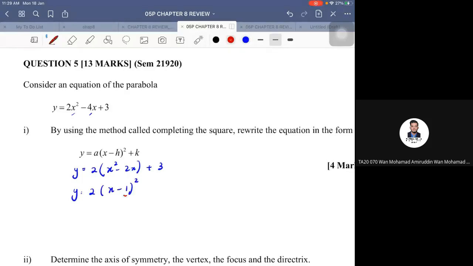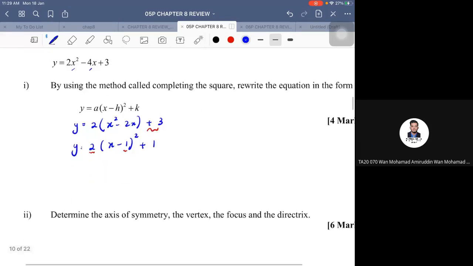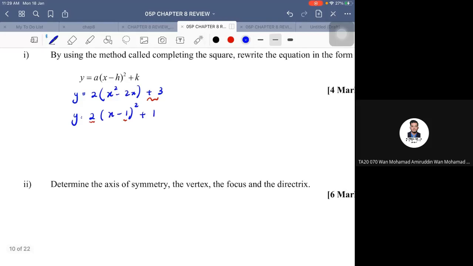And kalau I kembang constant kat belakang sekali ni, dia akan jadi 1 square, which is going to be 1. So darab dengan 2 kat depan, so dia akan jadi 2. Tapi kita tak nak 2. So we are supposed to end up with a value of 3. So therefore kita kena ada tambah 1 kat belakang. 2 tambah 1, so barulah jadi constant 3. Okay, so now that I already have this form, so I already proved that this is going to be the